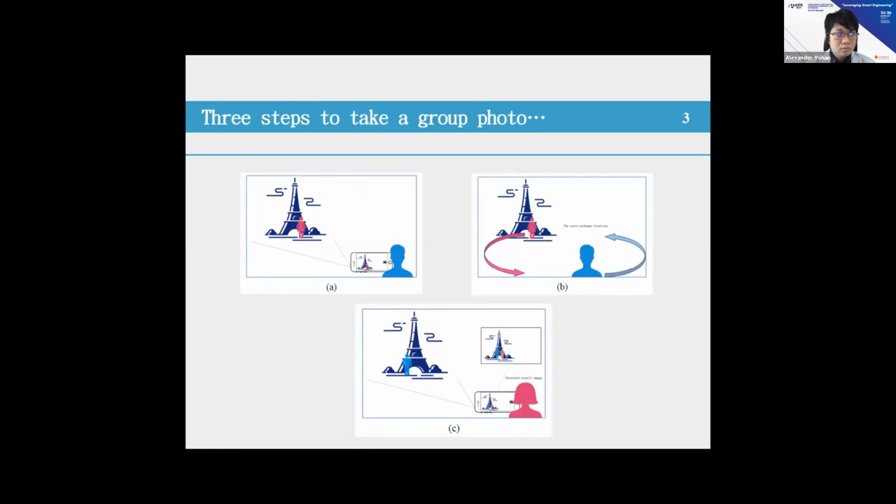Okay, so now it becomes the lady taking the picture of the gentleman, and through the help of our system, through the help of augmented reality, this lady will get to see that her image itself is displayed together with the gentleman, so that the lady can guess how to compose the group photo